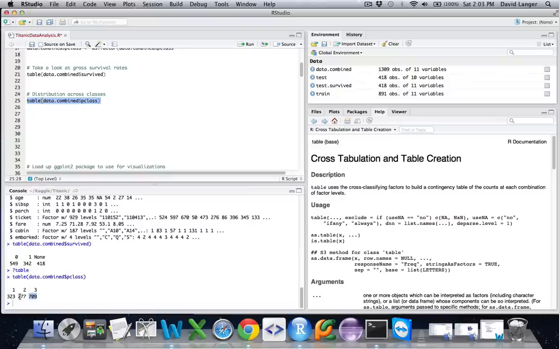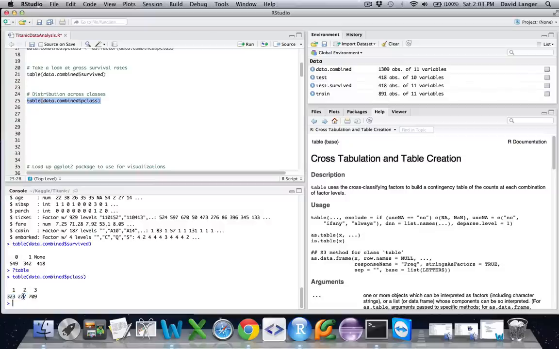What is interesting, though, is that you would expect that general rule of thumb to apply for the upper classes as well. For example, you would expect more people in second class than in first, but in fact, that is not the case. That could be potentially interesting from an analysis perspective for creating a machine learning algorithm, to find some rules or patterns to understand who perished and who did not, based on data.